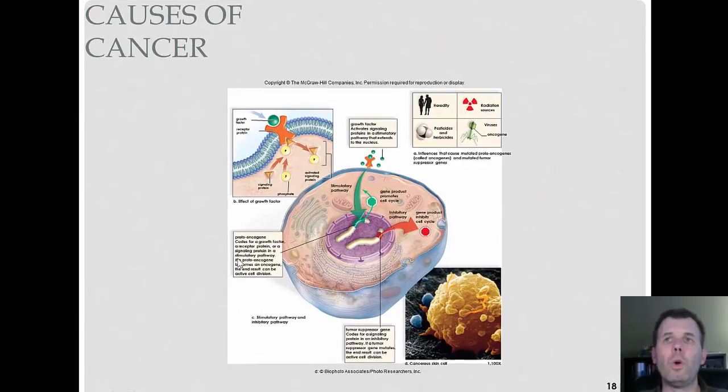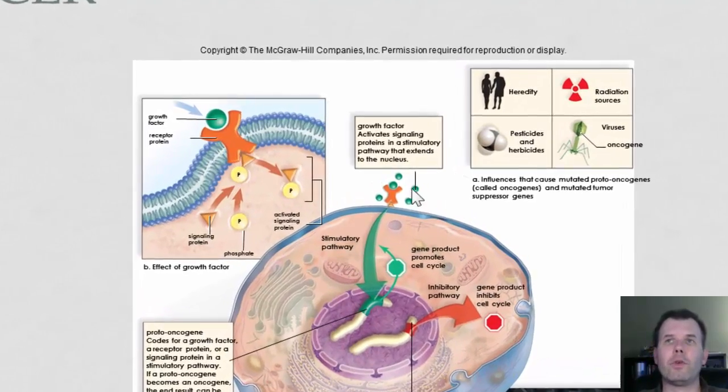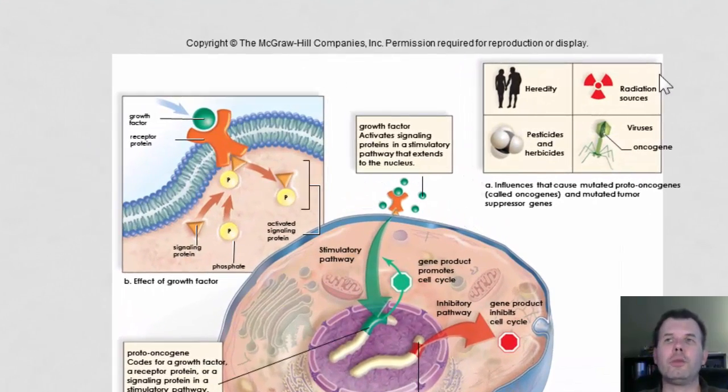Okay? Well, what causes these things to get turned on and turned off? Well, really, you have a number of different mechanisms. So you have these things called carcinogens. It could be from radiation, getting exposed to radiation and causing cancer. Could be from pesticides and herbicides, these chemicals that mutate DNA. Could be caused by viruses, and we'll talk more about viruses in Chapter 20. But what they do is they integrate their DNA into your DNA and can cause mutations to occur, and that can be a problem. One of those being HPV, and maybe you've heard of that before, where it causes cervical cancer, and so that's another issue.